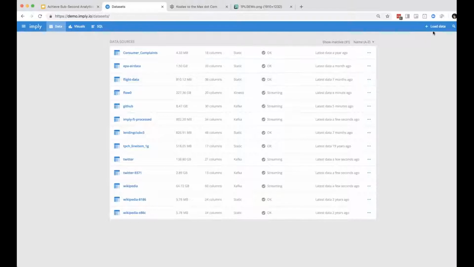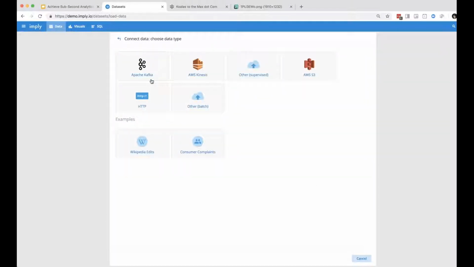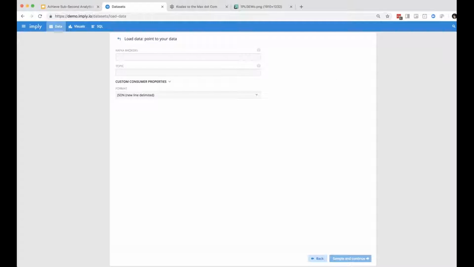So let's start with taking the data. This is the Imply UI. It is a web-based interface that is running off of an underlying Druid data source. The first thing I'm going to do is pick up the data that Josh has given me. We can choose a number of different data types, but Kafka being the important one here.